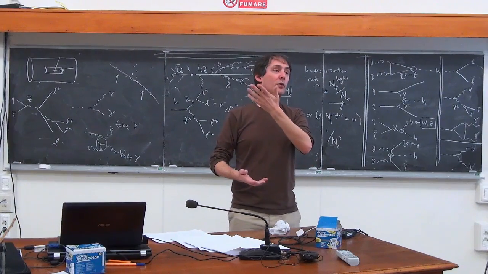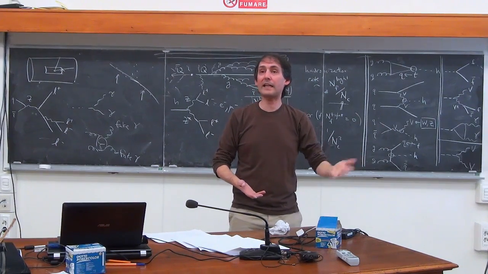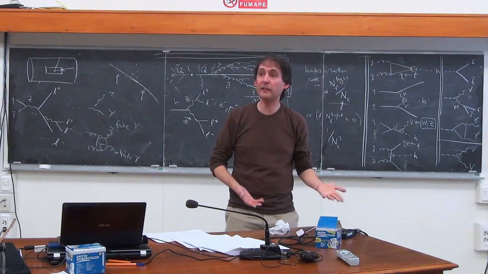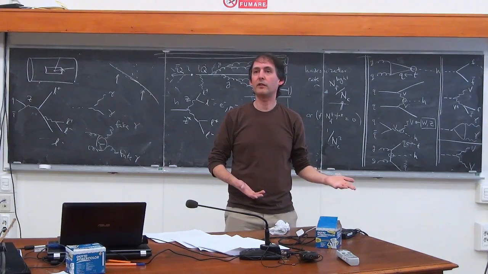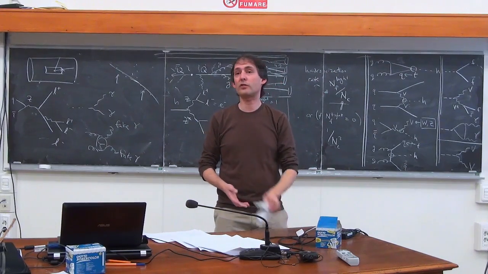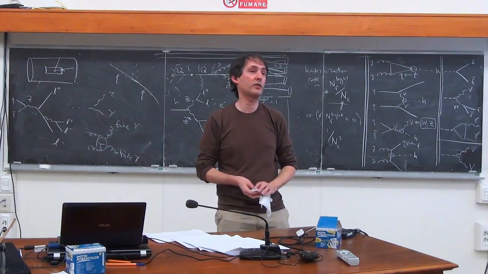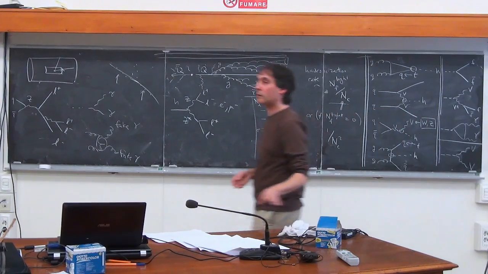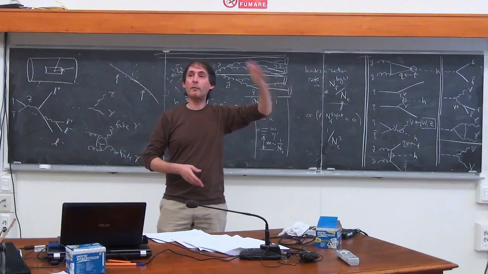That means that I have to go out to larger s hat, and that means the parton distribution functions, more precisely the parton luminosities, are falling. So I pay a price. It's always easier to produce something near threshold because it takes less energy and there are just more partons in the proton at lower energies. So, when I produce the W boson, sure, there'll be some probability that the W boson